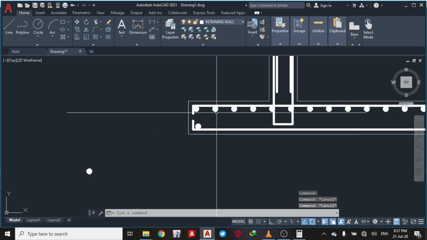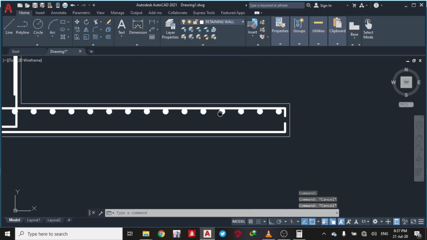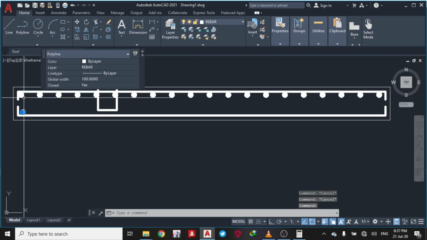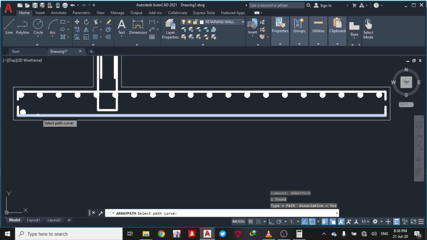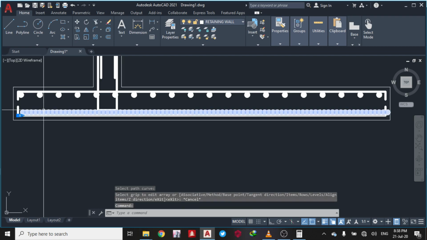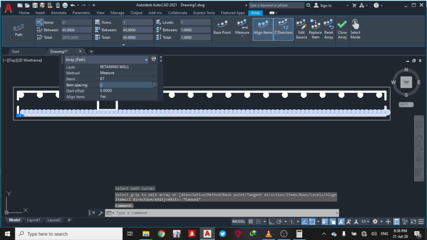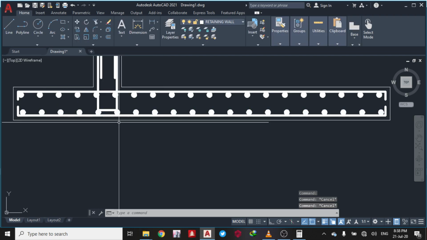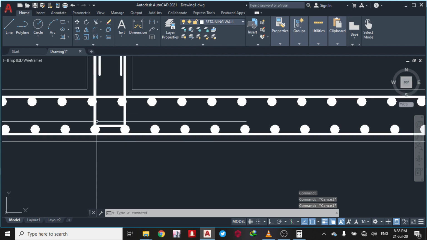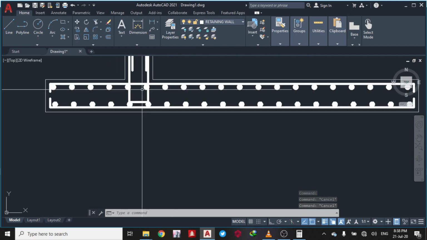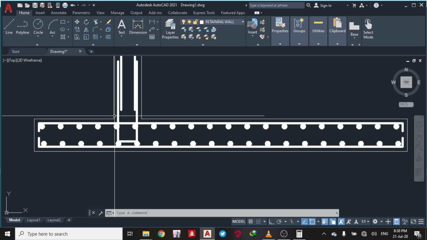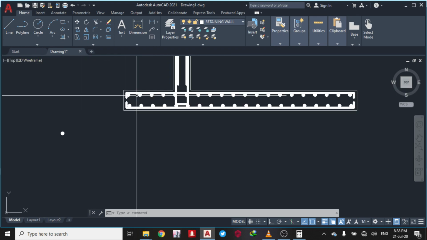Okay, so you can see it. Similar with these two. Array, choose your part, then choose the spacing you want, 200. Okay, so I have that. So the next thing I need now is this is my starter bar. So I'll need like a distribution bar to my starter bar. So I can pick this,